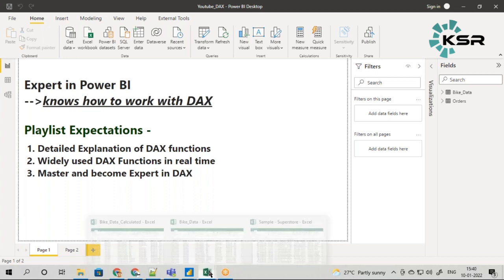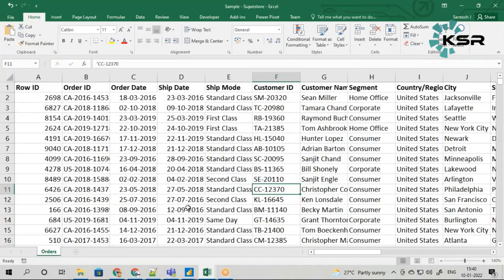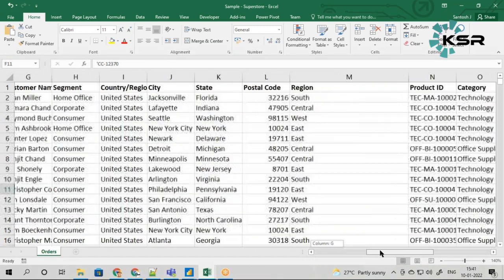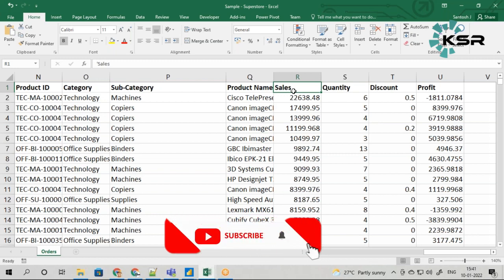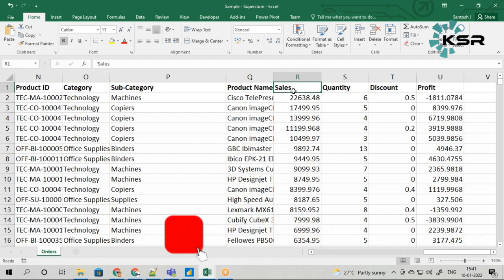Now, we already have data that we are working with in our charts. For the charts, we are using this data, which is similar to Amazon. We have the order information, the customer information, the geographical location, and the main part is the sales, profit and quantity. Now in this video, we will see why exactly DAX is required. Is it really required, or can we avoid it? Going forward, we will learn one by one.